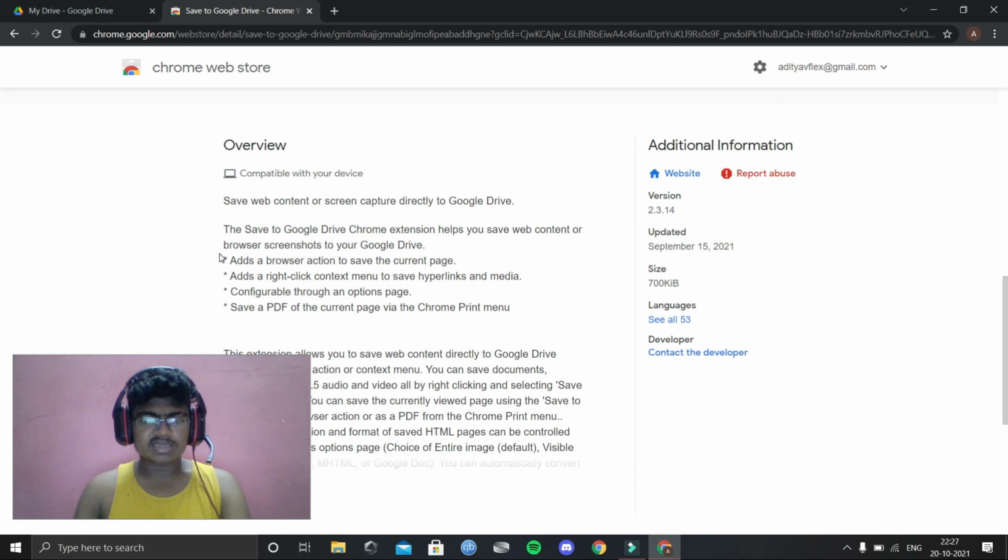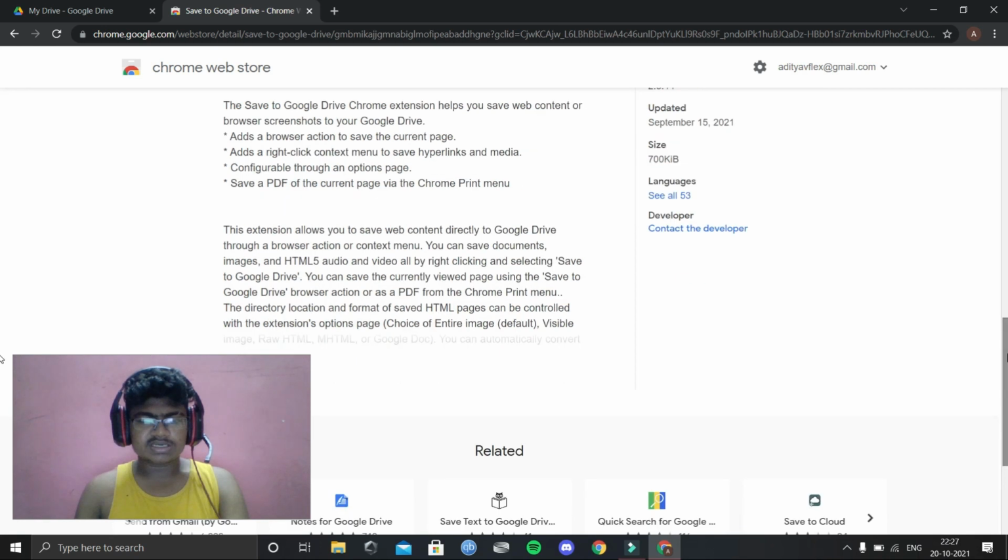Adds a right-click extension menu to save hyperlinks and media. Configurable through an option page. Save PDF of current page via print menu, Chrome print menu. And here too, we can get an idea about extensions. The extension allows you to save the web page content directly to Google Drive through a browser action or content menu. You can save documents, images,